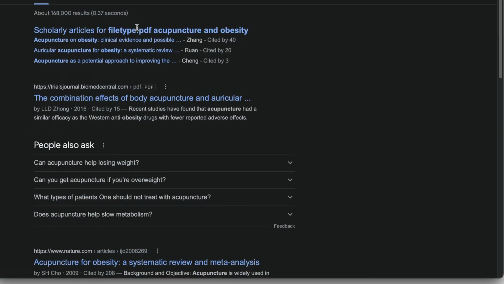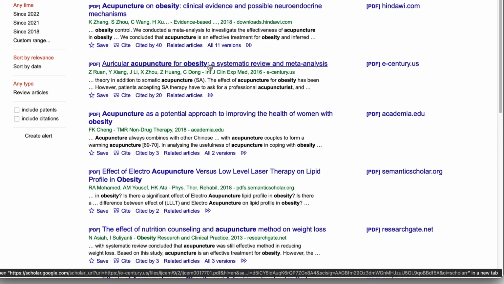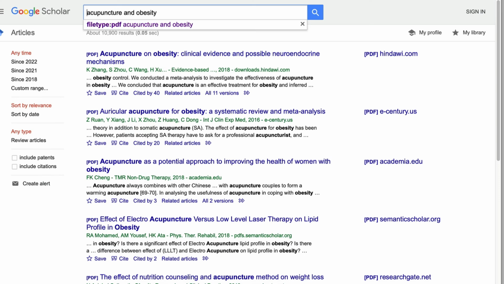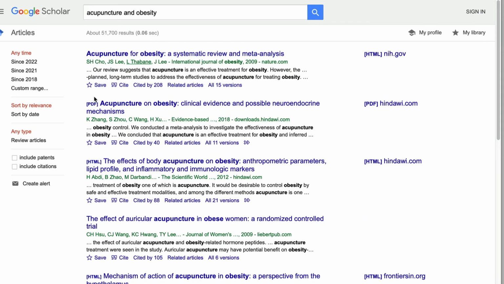And also you can use Google Scholar. Here Google already recommended Scholar articles, so you can just type without this PDF. These are the articles you can find in Google Scholar, but I strongly recommend using PubMed instead of Google Scholar. There are cons and pros, but Google Scholar is way better when you try to find information